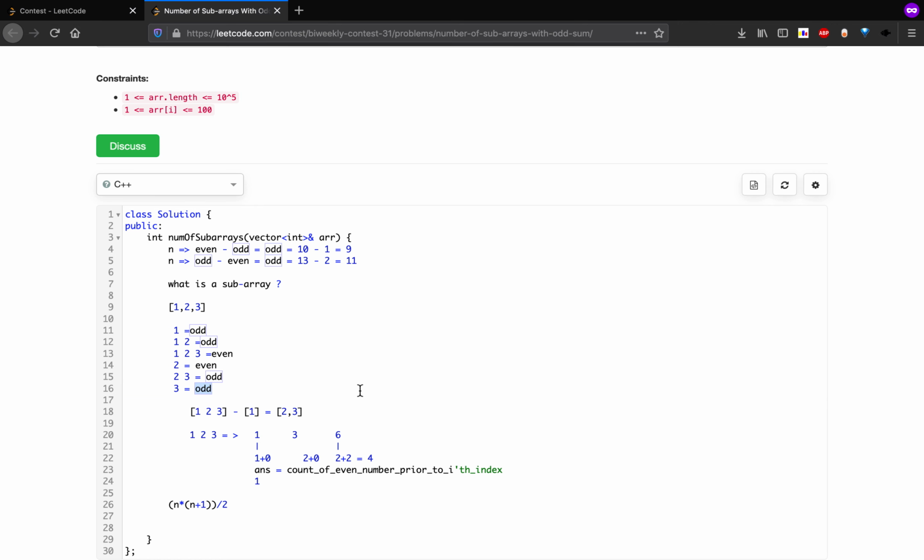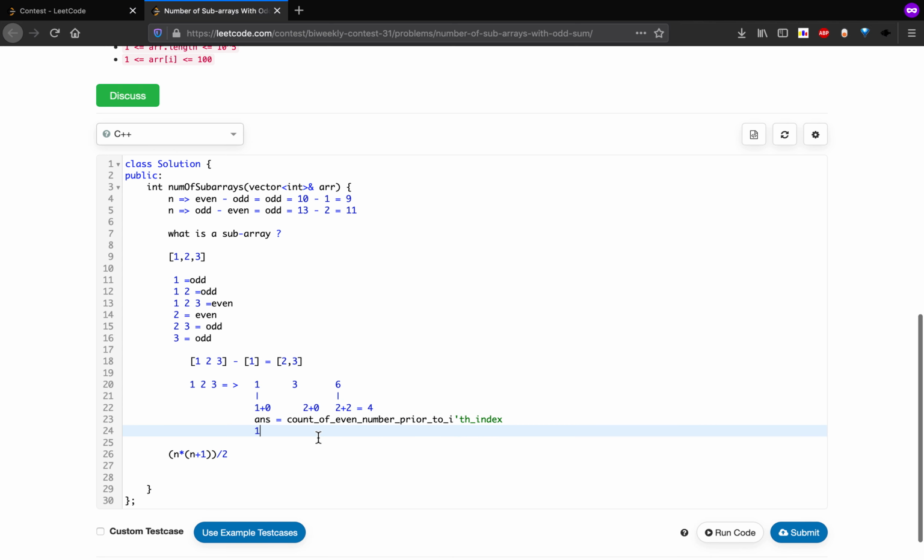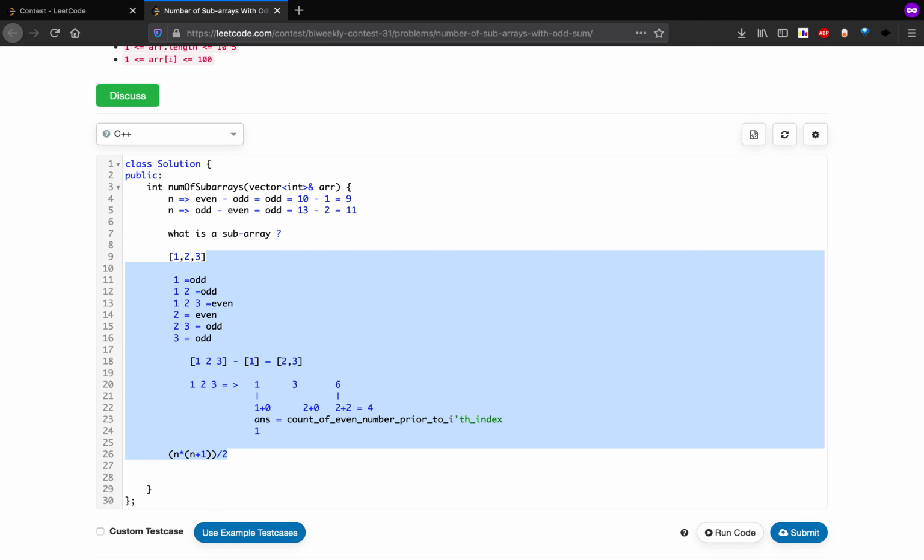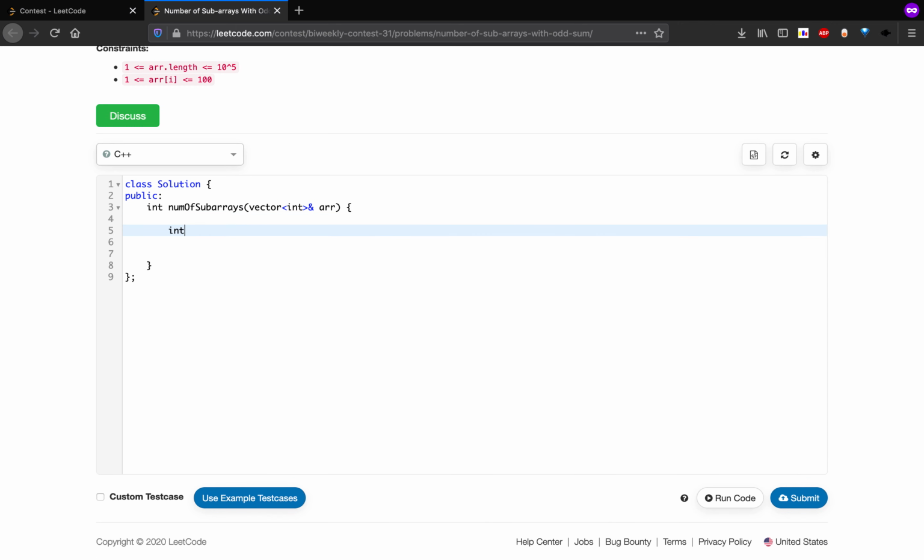So we just have to check: if the prefix sum is odd, we need to subtract all the even prefix sums prior to that index, and if it is even, we need to subtract all the odd prefix sums prior to that index. So we can first take the mod, which is mandatory for the question, because we need to output the answer mod 10 to the power 9 plus 7.